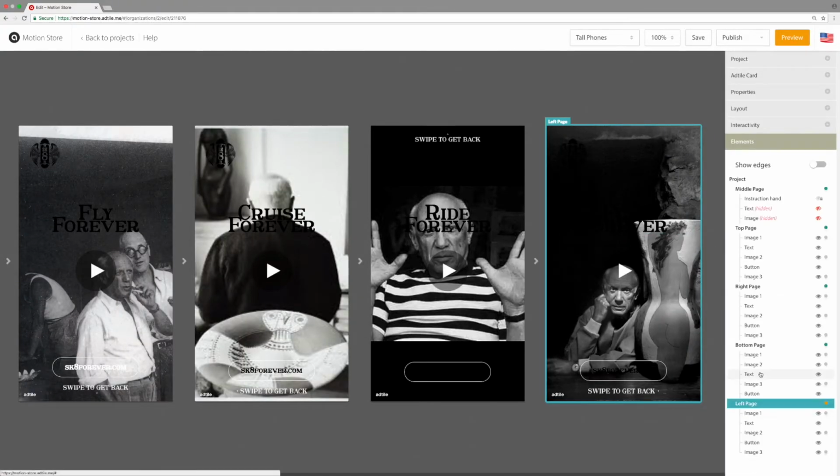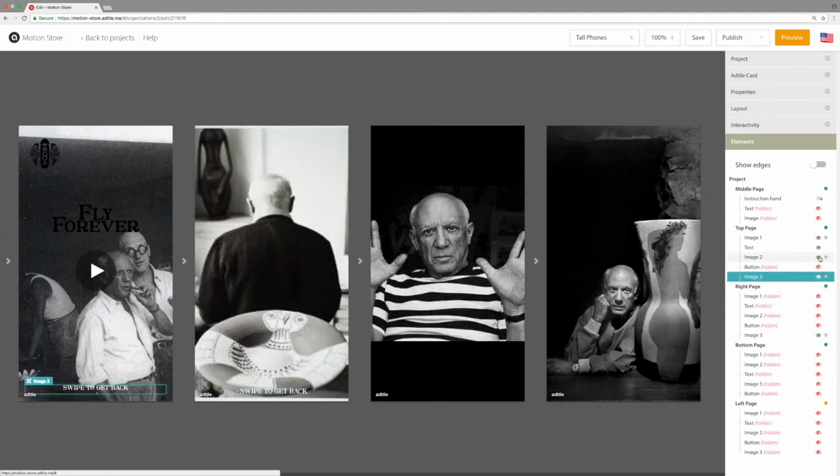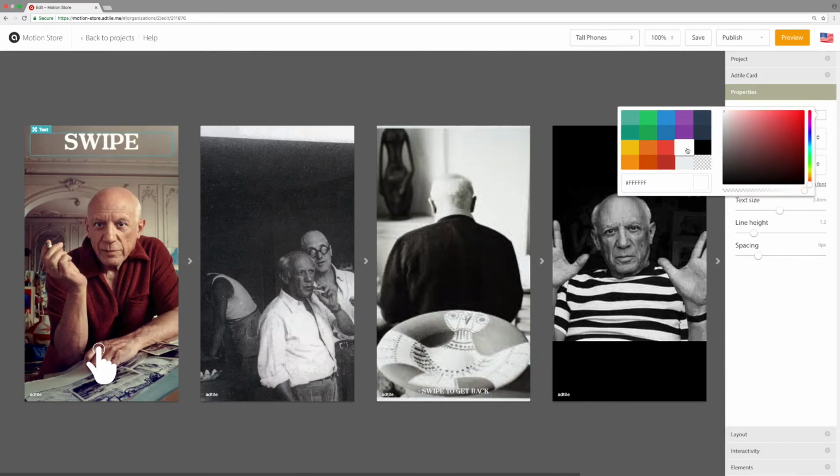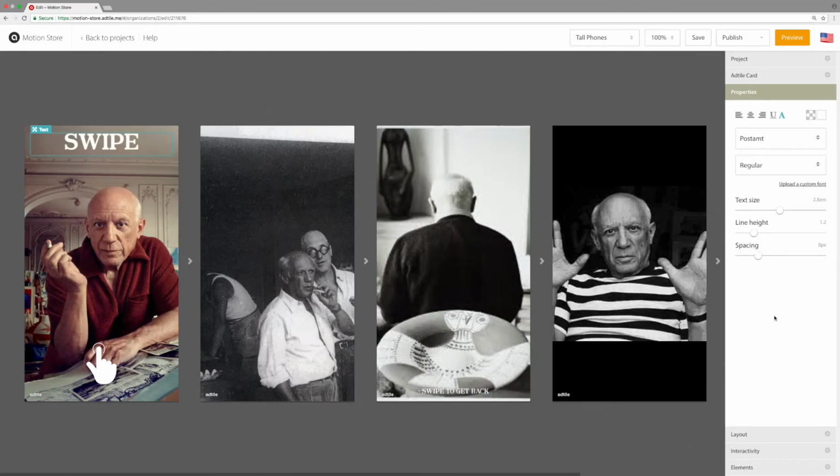Follow a similar approach to modify the other elements. After all modifications have been made, make sure to save the project by clicking the Save button in the navigation